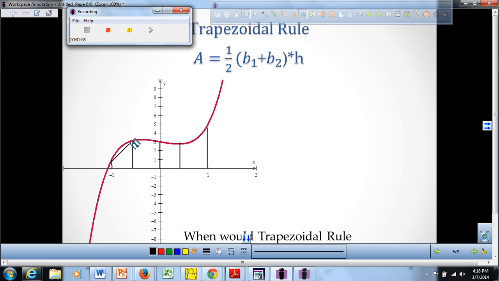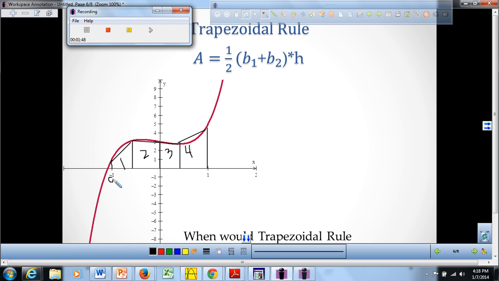There is 1, 2, 3, and the easiest one to see is there, 4. So we have 4 trapezoids, and basically the trapezoidal rule says find the area of all the trapezoids. So I have 1, 2, 3, and 4 trapezoids. And I'm going to label our subdivisions so that we get a nice